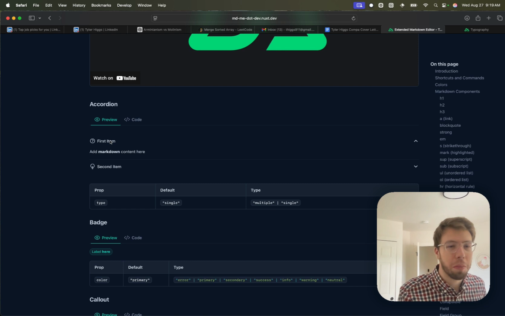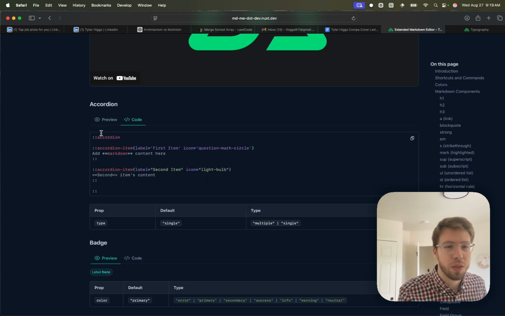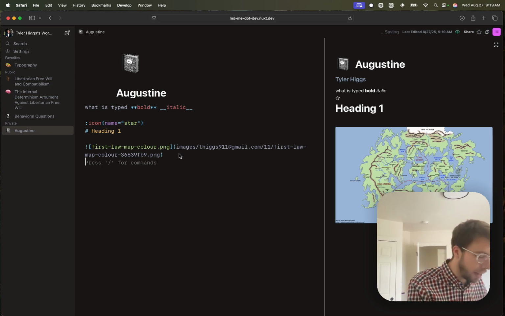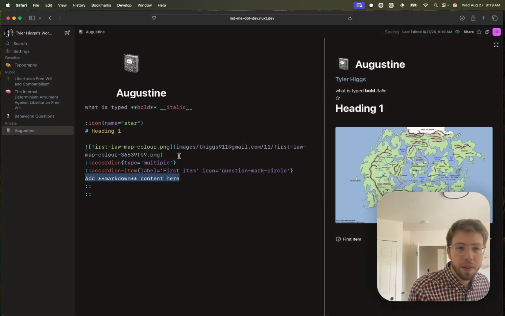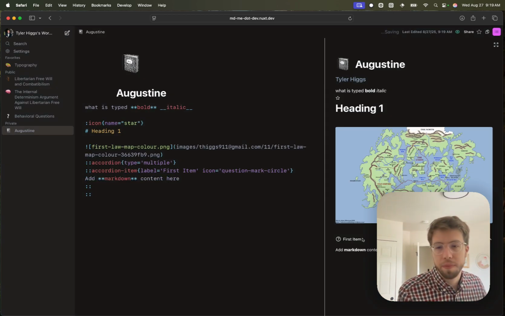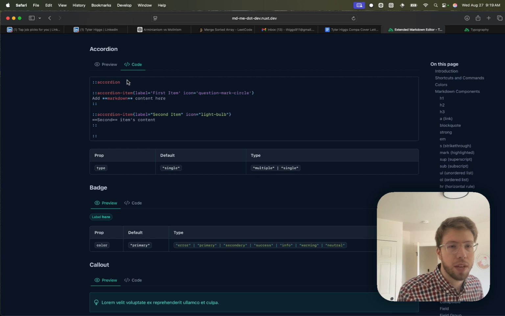So these more complex components are an extension of the regular Markdown syntax. Usually with a double colon, you can add a bunch of these components, and they are available in the command palette. So you just search for accordion, and it'll automatically add your syntax for the accordion. You can create more by copy pasting, but it helps you remember the syntax that way. But yeah, we have this accordion that lets you expand,